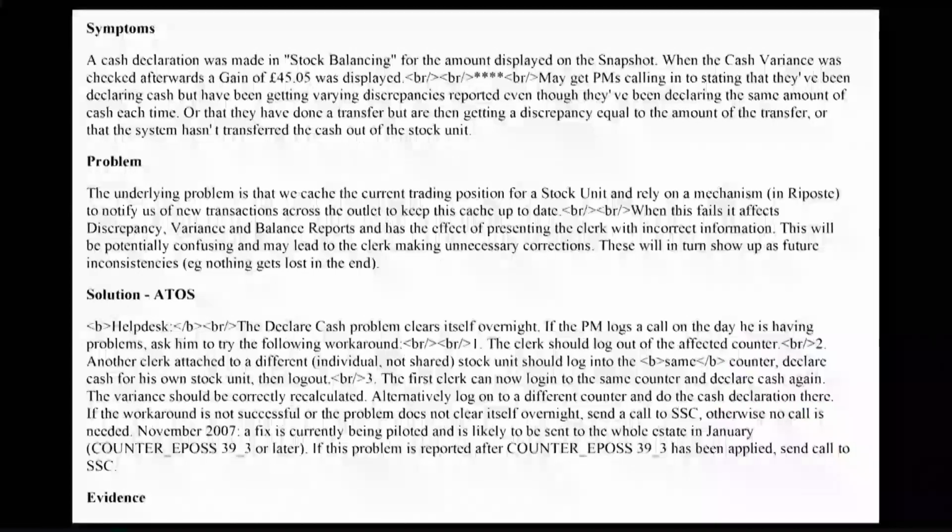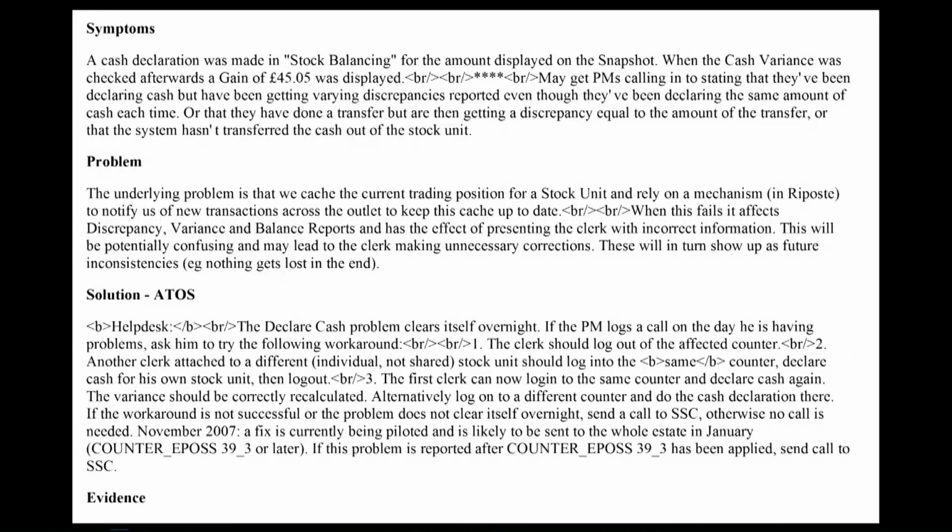And the solution is given as: the declare cash problem clears itself overnight. If the postmaster logs a call on the day he's having problems, ask him to try the following workaround. The clerk should log out of the affected counter. Another clerk attached to a different, not shared, stock unit should log into the same counter, declare cash for his own stock unit, then log out. The first clerk can now log into the same counter and declare cash again. The variance should be correctly